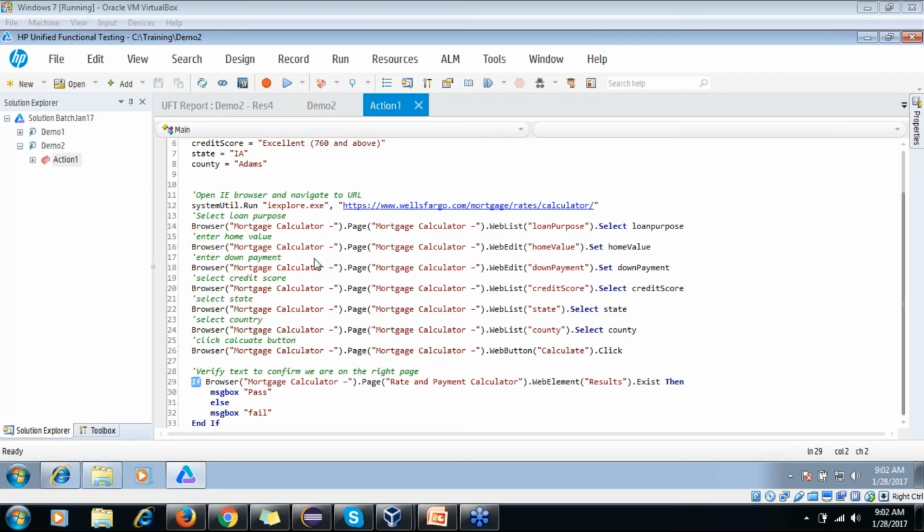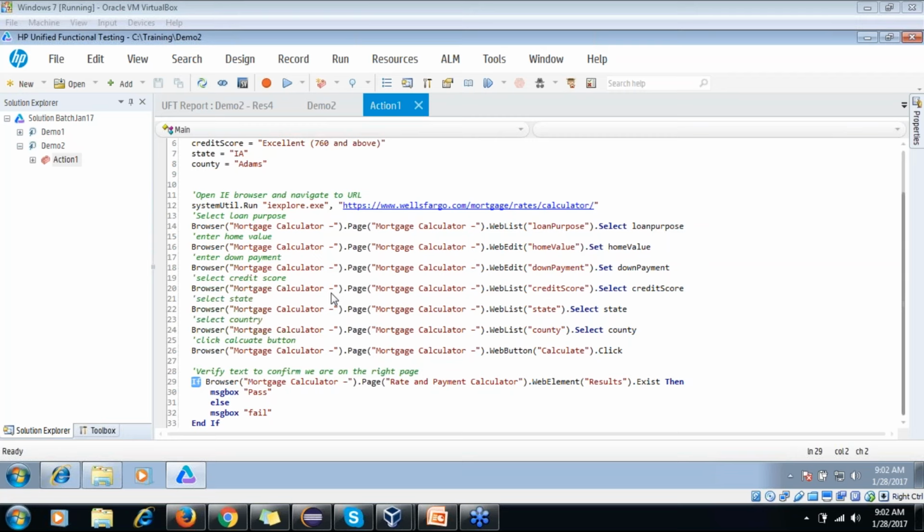That's why it is still the second top functional testing tool in the current market. So yes, Selenium is popular nowadays, but UFT is still second, and it's picking up the market now.